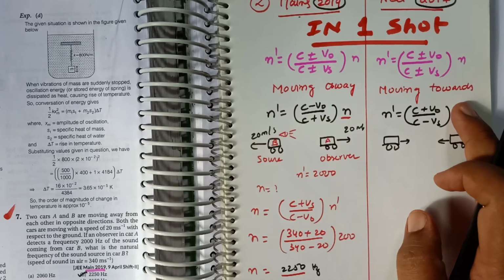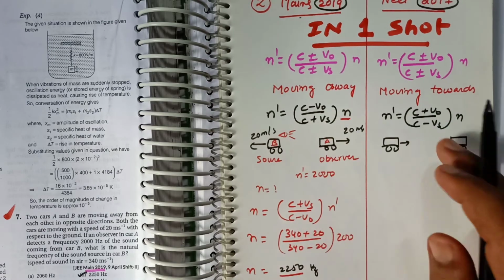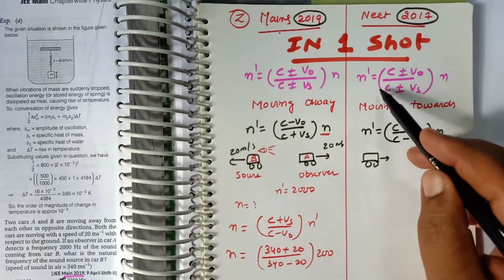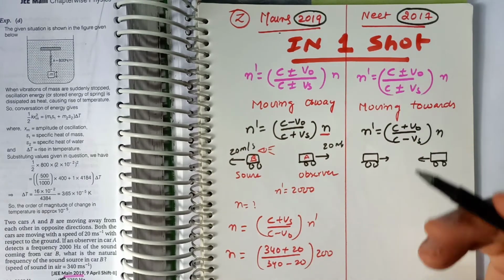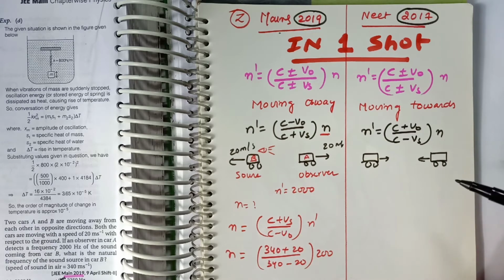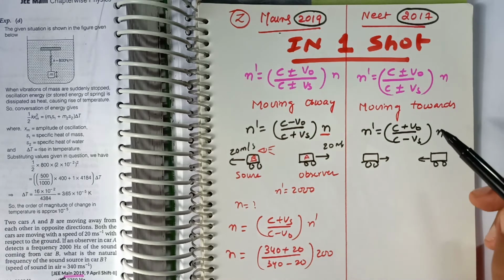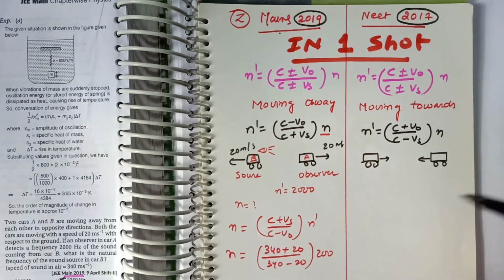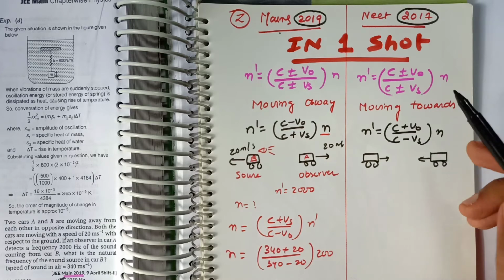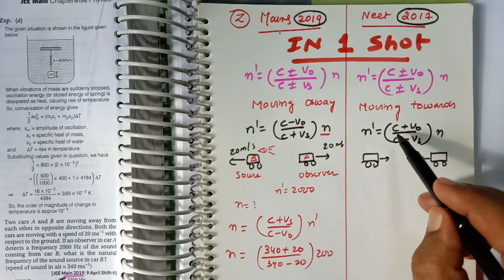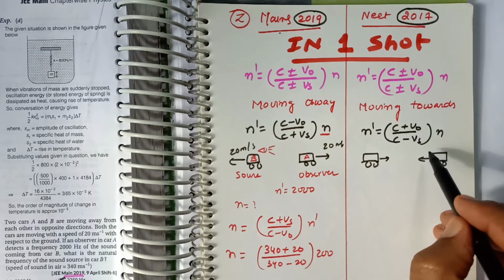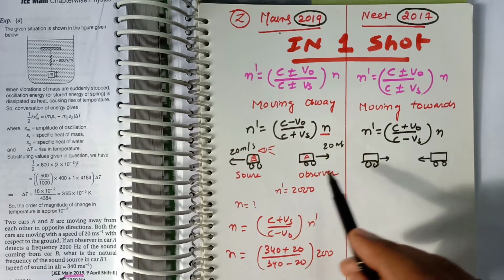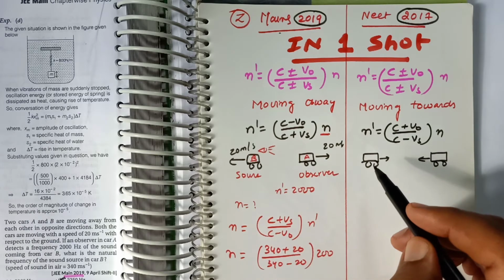Okay, now the case of Mains was moving away, and in NEET they are moving towards each other. As they are moving towards each other, the frequency has to increase enormously. You just imagine you are moving towards a car which is producing sound, then the frequency will increase enormously. Then how to change this fraction? Increase the fraction to the maximum extent so that you will get the maximum frequency here. To increase that, you need to add in the numerator and subtract in the denominator. That's it. You have to take plus in the numerator and minus in the denominator, just opposite to the previous case here. Now let us solve.